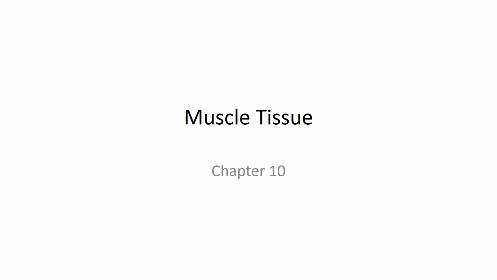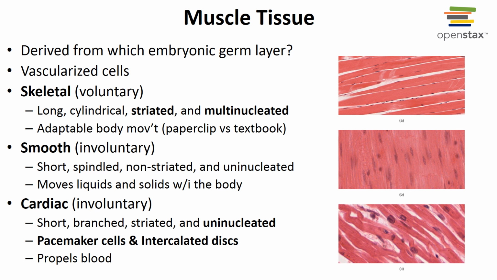In Chapter 10, we're going to talk about muscle tissue. All muscle tissue is derived from mesoderm. Recall that muscle tissue accounts for more of your body weight than any other tissue type. There are certain characteristics of muscle tissue,